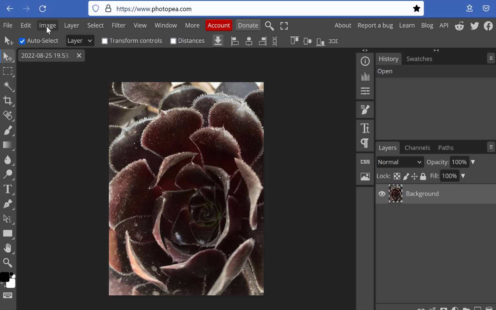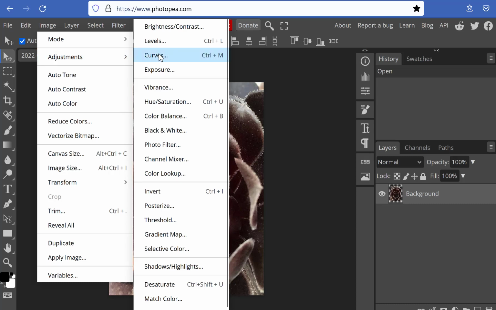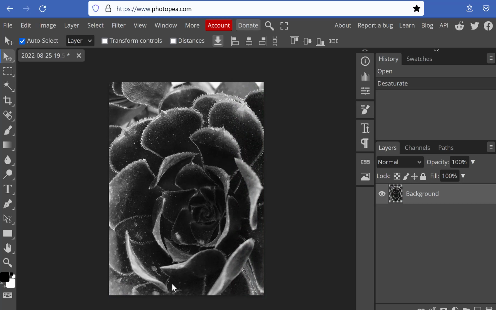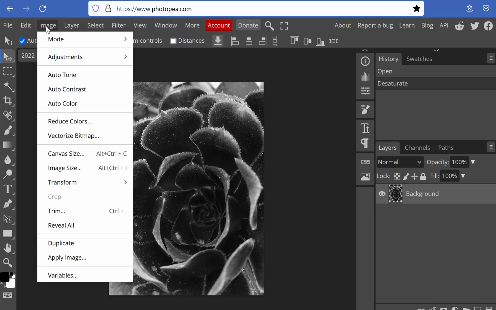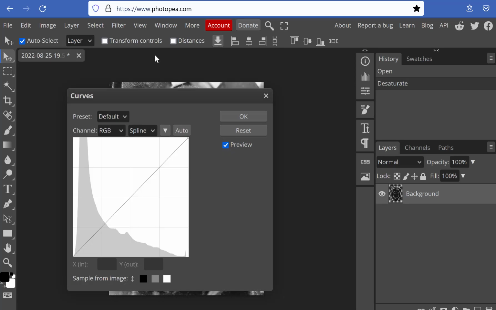So the first thing that we want to do is we're coming to image, adjustments, and we're going to come down here to desaturate. So now we have created this image in black and white. And then the next step to create the solarization effect is to find, so image, adjustments, curves. And we're going to play with the curves